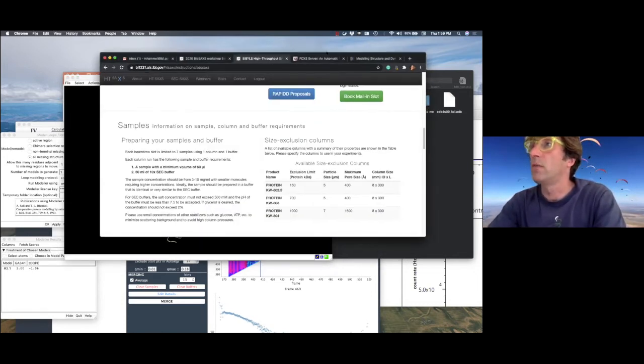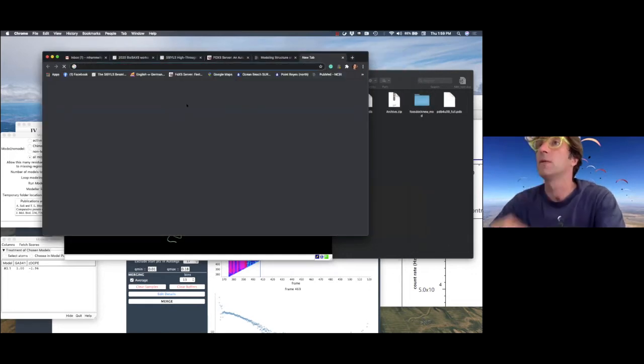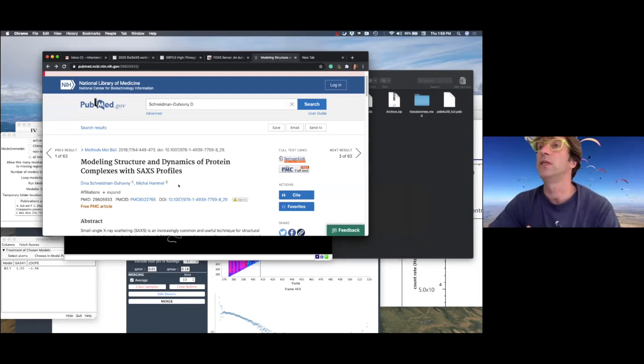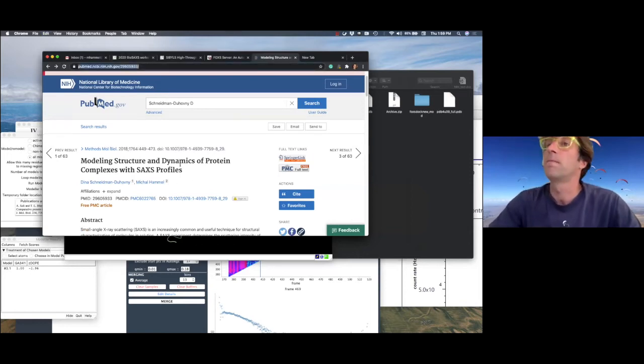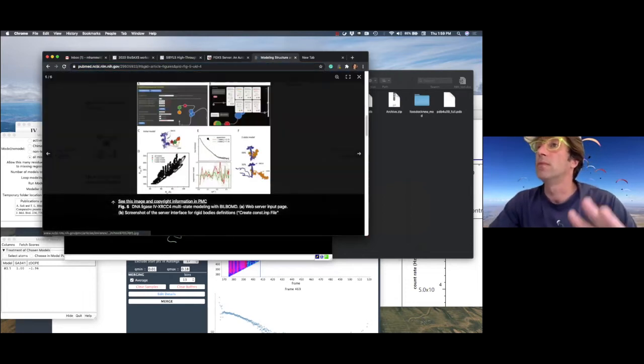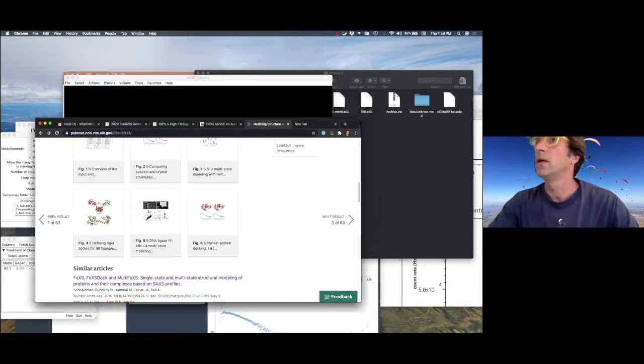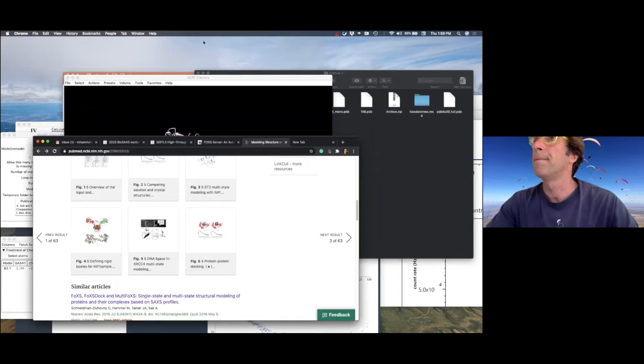Or ensemble, that means a multi-state model. If you want to know how it's being done in detail, you can read about that. I think this is a paper that we published with Dina a long time ago, and I'll tell you how BilboMD works and how it's selecting the subregions, and I can put it in our